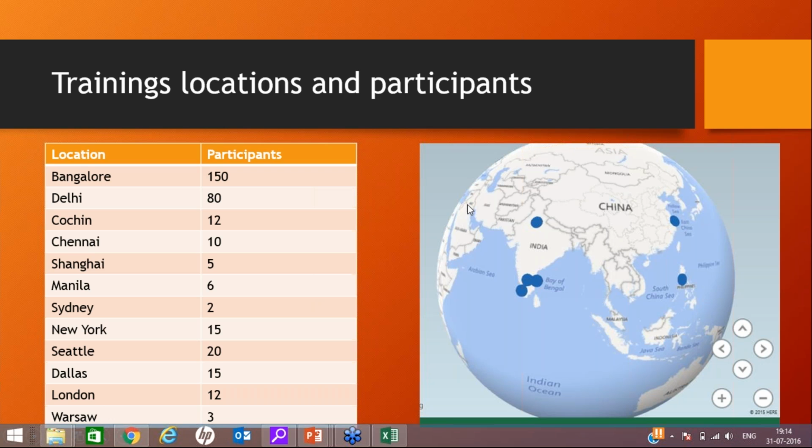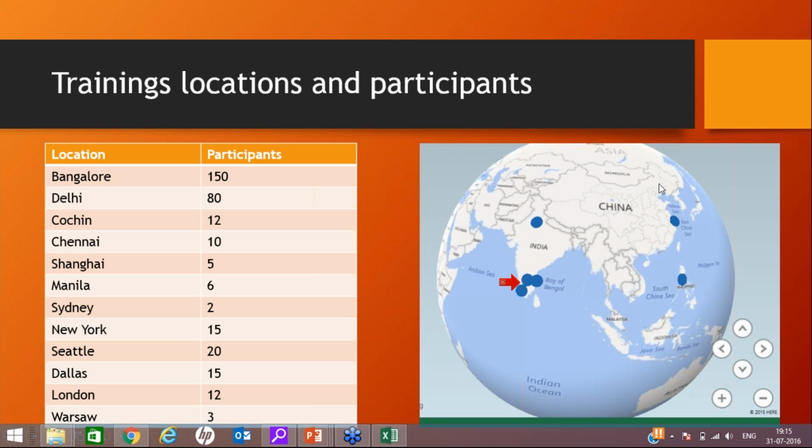So some of you rightly pointed out that it helps in quick analysis. One response I got is that when you show data visually, it helps you analyze this a little faster. The other response that I got is that it helps you see clusters. Now this is really interesting. So what is it that you do not see in this table over here that you do see in the visualization? For some of us that belong to India, it's intuitive to understand that Bangalore, Cochin, and Chennai are a cluster. But for those of us that don't belong to India, the fact that these three cities are a cluster is